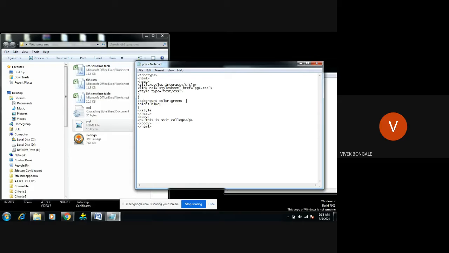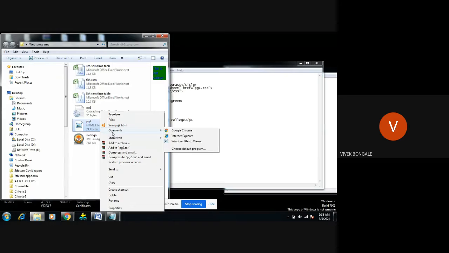I have to remove this and close the style rule. For blue, in the beginning we've given double quotes, sir. Right, yeah. Now we will apply. So the same thing will run now.